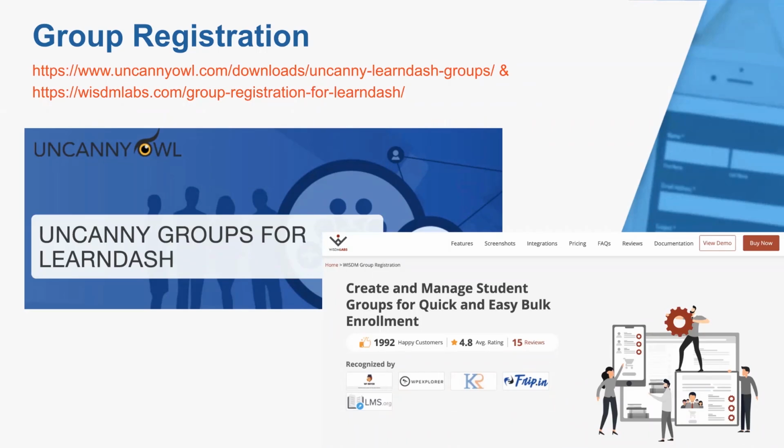Their groups are groups of seats for courses. So the LearnDash groups really are more like a membership or an access, and this is more like seats that you can be given out to however you see fit. Some cool features is when you have a program like this where you have somebody who has seats,